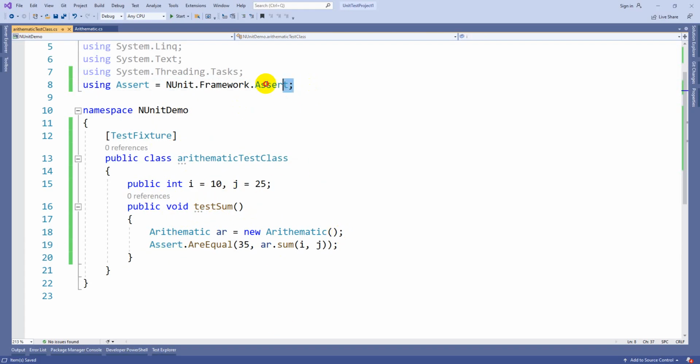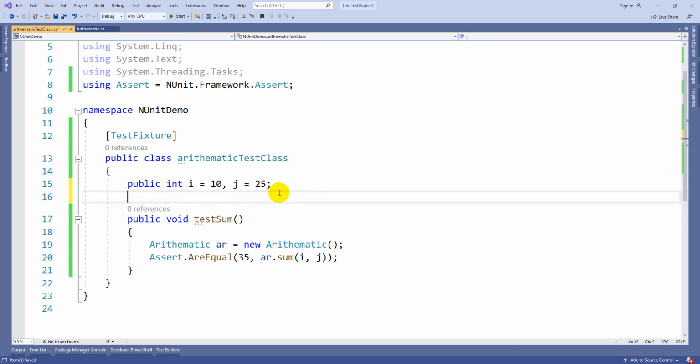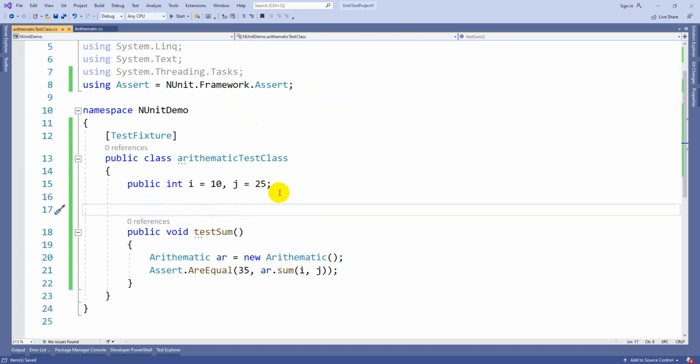That is the reason I am mentioning that wherever I use this Assert class, don't take it from MS Test, take it from the NUnit project. And on top of every test case method we are going to write Test. Test means it is a test case.